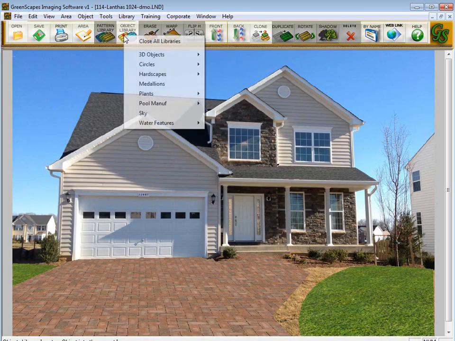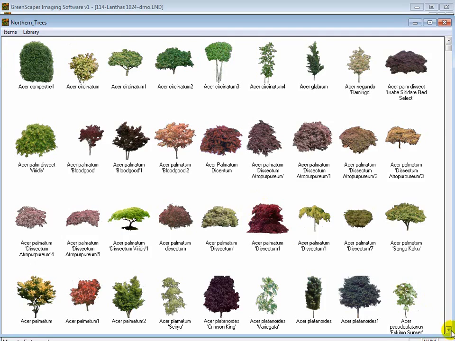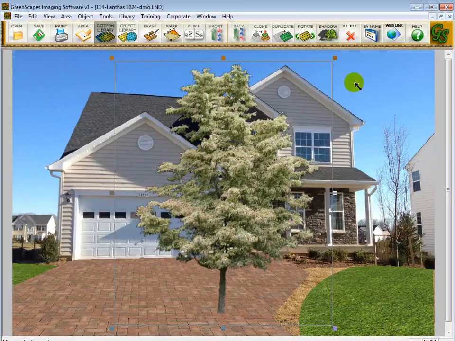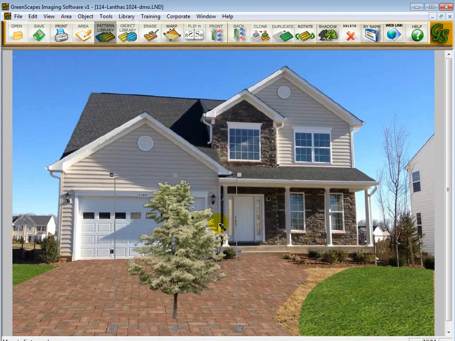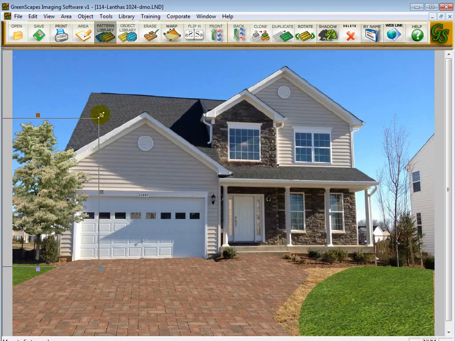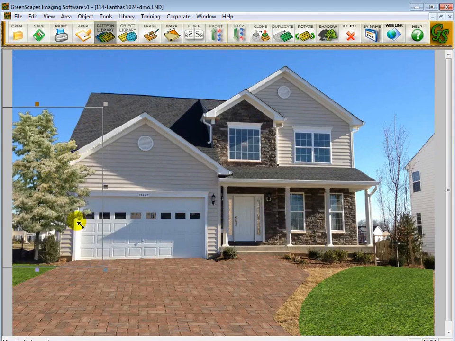To place a plant in the image, select the library that you want to pull a plant from, like the tree library. Find the tree you want to use, and then double-click on it to bring it to the screen. You can size it down by dragging on the corner handles, and then place it where you want it to be. I want to make it look like this tree is on the side of the house, so I need